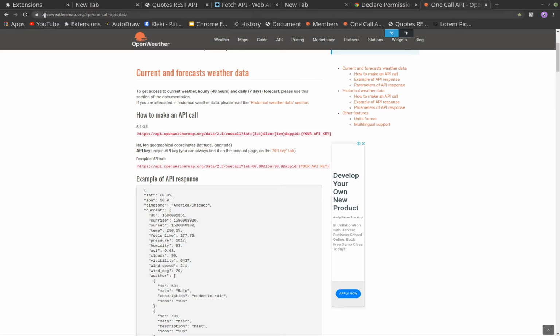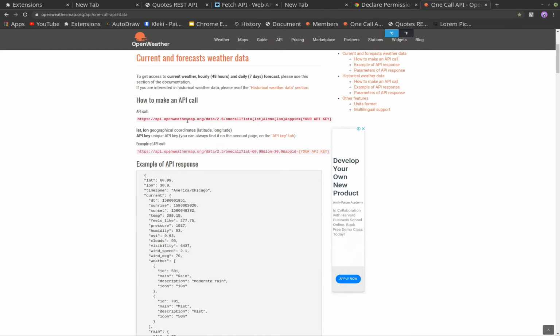I am going to use the OpenWeatherMap API. I found it to be very useful. You can go ahead and sign up and get an API key, or you can use my API key. Since it's free, I don't really care a lot. It does have a throttle limit, so at some point you will run out of API calls, and you will need to either sign up with your own API key or enter billing or credit card details and so on. But for our use case, for learning purposes, we can go ahead and use this.